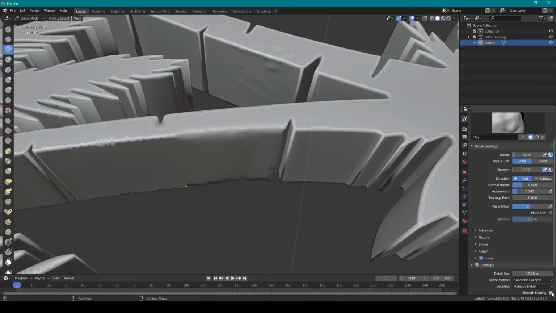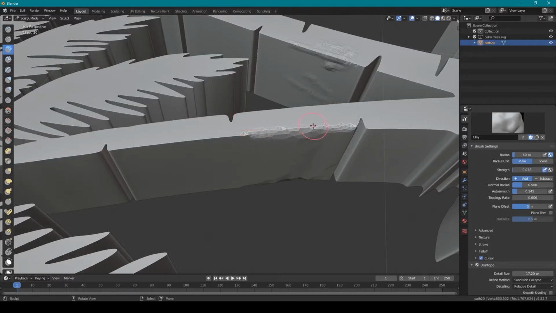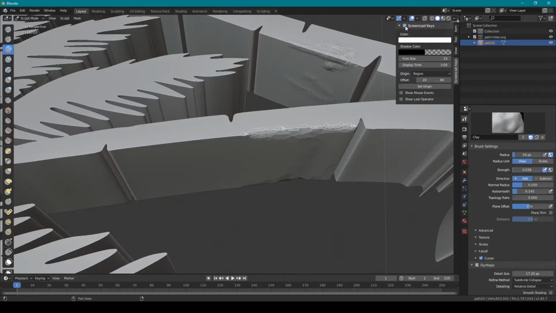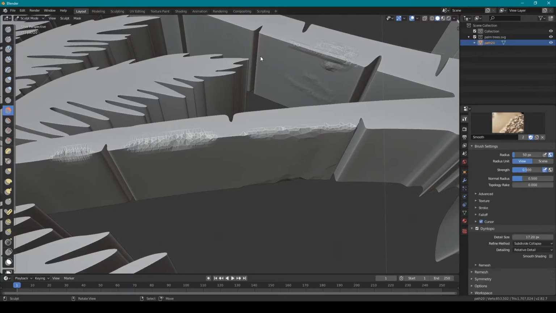So let's go back into the flat shading so you can see better what's going on. Now, you may say, well, what's that for? Why can I not use a smoothing tool, right? For those of you that are familiarized with this. Let me make sure these are on again. So if you shift to use a smooth brush, or you click here, you will see in the ones that you haven't done this technique that I mentioned,